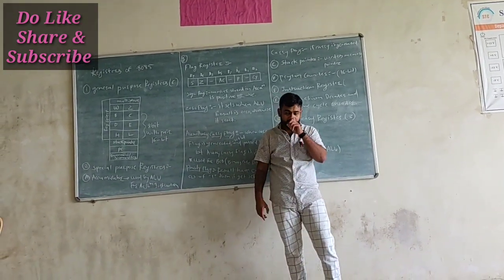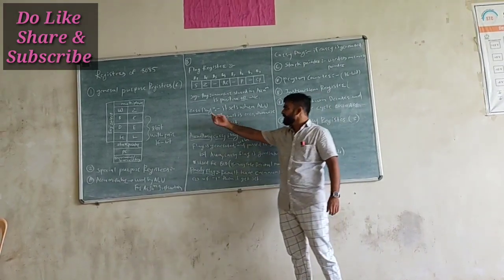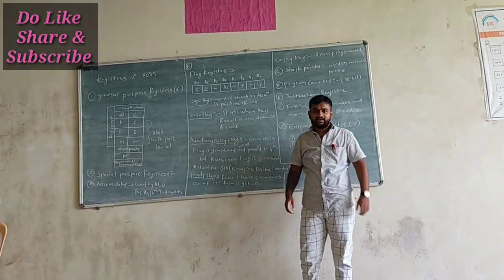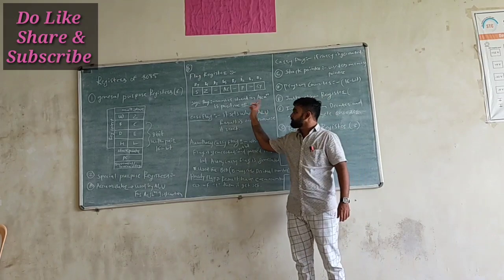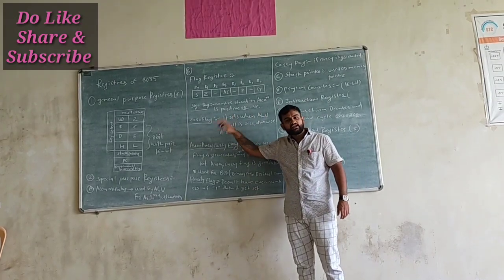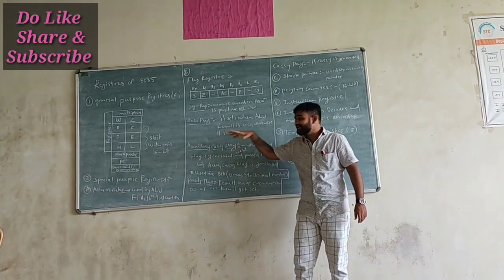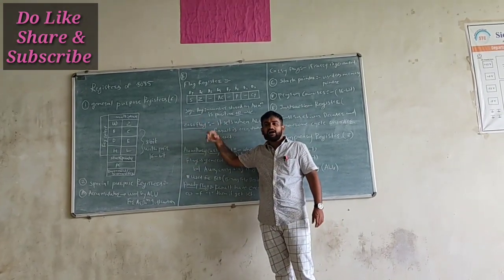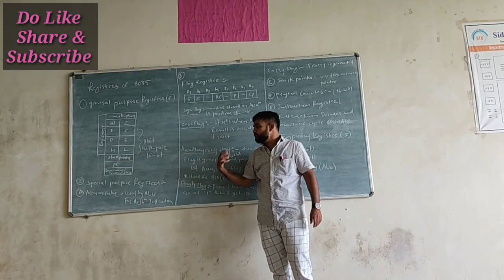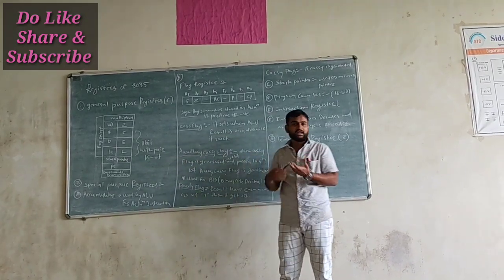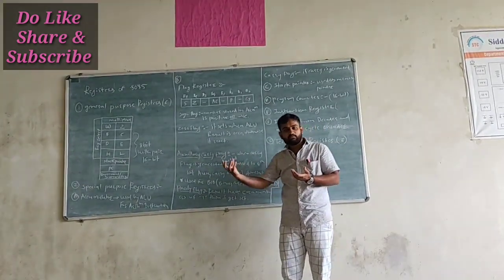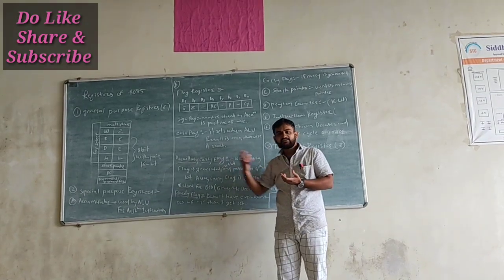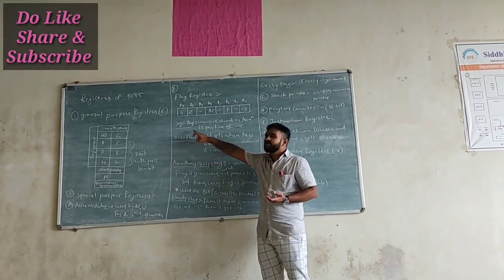If the sign flag is set, what it means is whether the number is positive or negative. We want to know what is inside the accumulator. For that, we use the sign flag. What it means is that the output of any function, or any output processed by the ALU, whether that number is positive or negative, gets indicated by the sign flag.